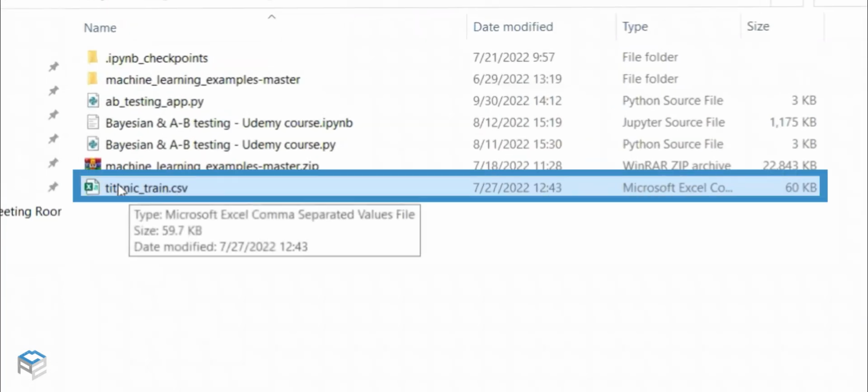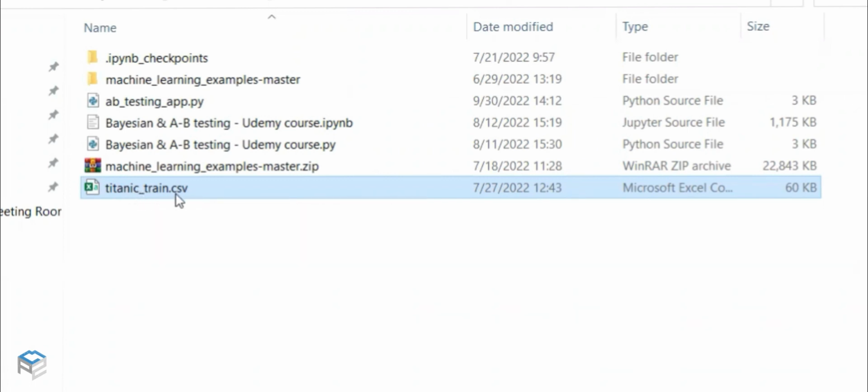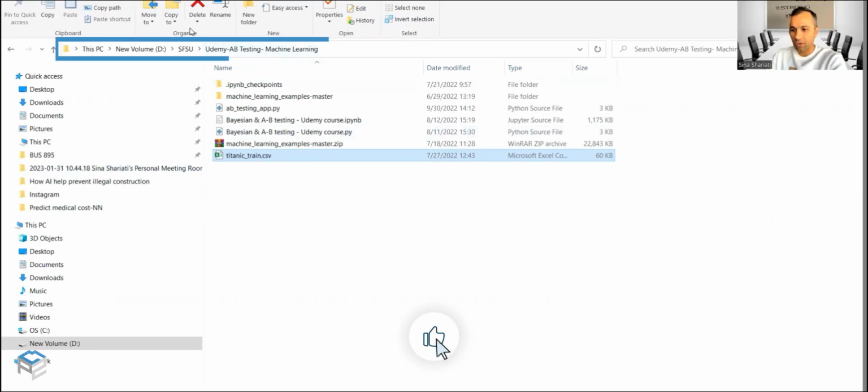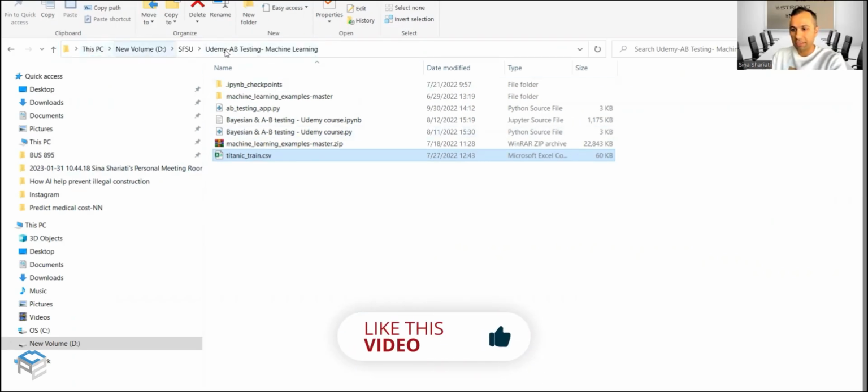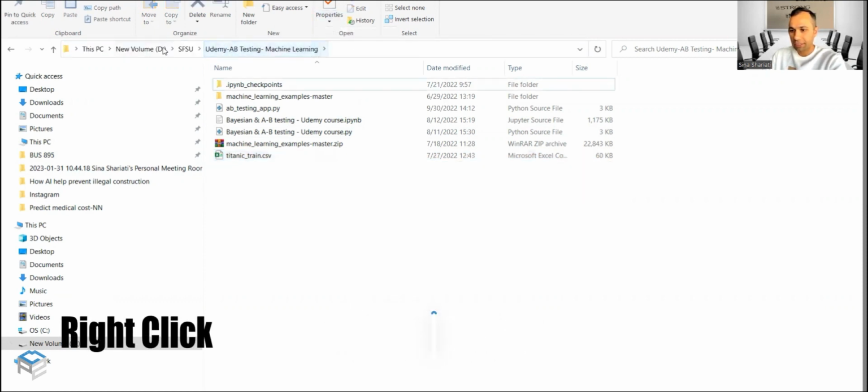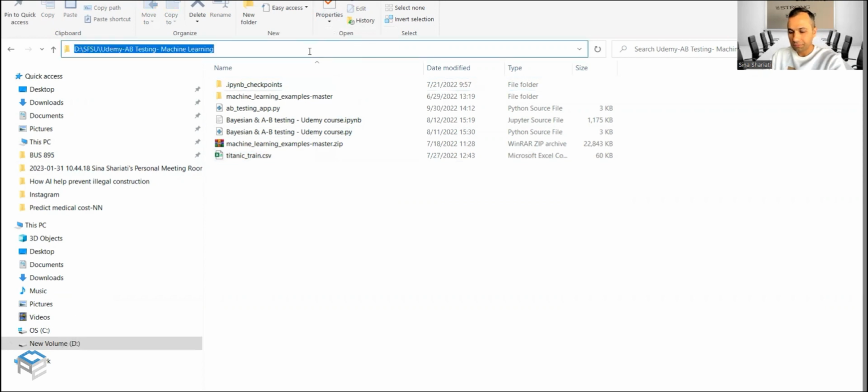Here, this is my dataset, right? It's located inside a file in CSV format, and it's called Titanic Train. And this is the whole location, this PC. So I just need to click on that, right click, copy, Control C,